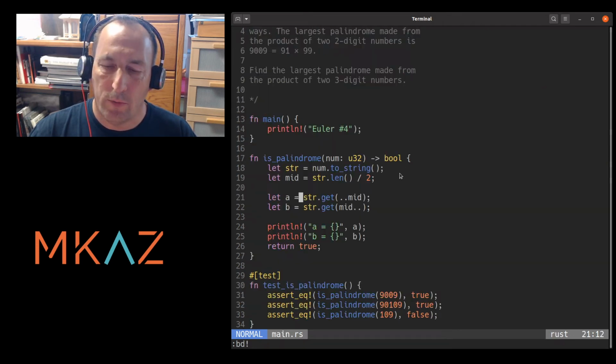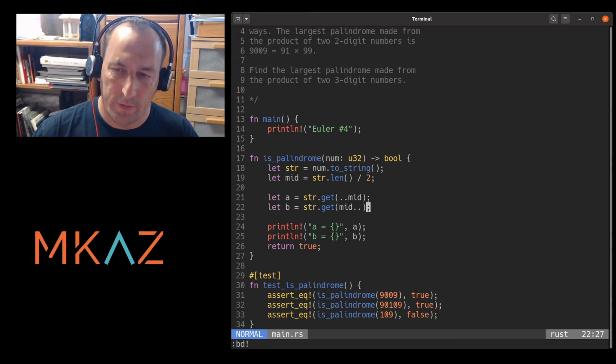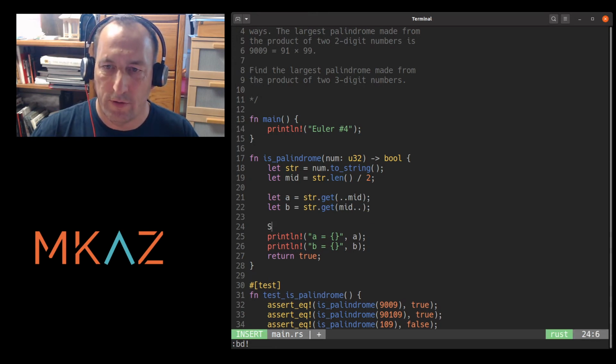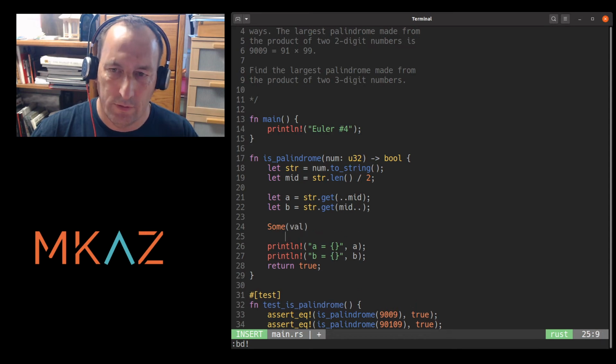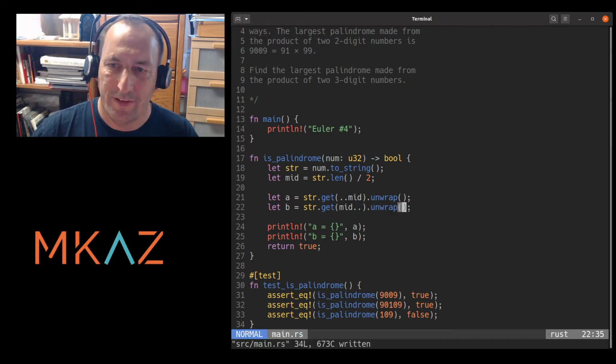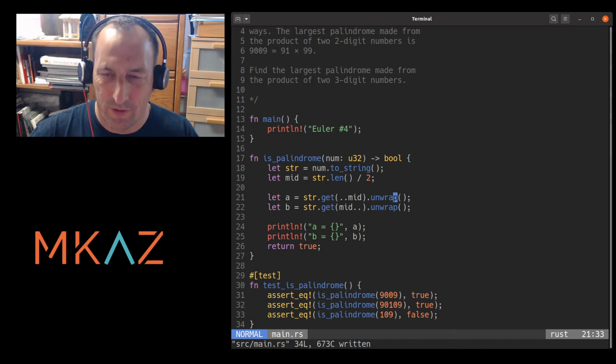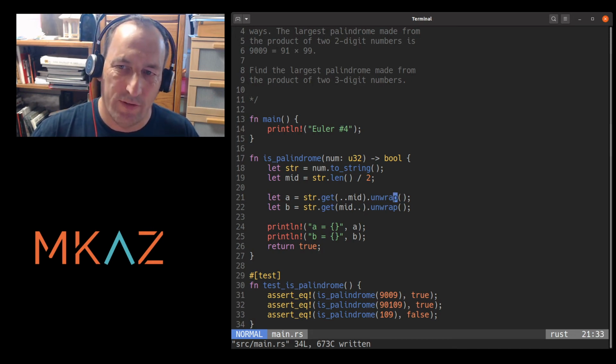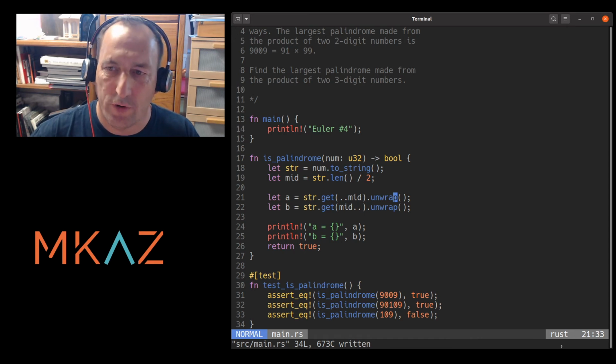This may or may not work for the get. This could return an error. So it returns what's called an option. So the value actually looks like something like Some(value). So you can get rid of that Some part and just use unwrap. They want you to deal with it somehow. The unwrap command says crash if it doesn't work. Remove that option if we can and just move on. It kind of does what you want it to do. Not the most safe if you're in the middle of doing actual programs and stuff like that, but this